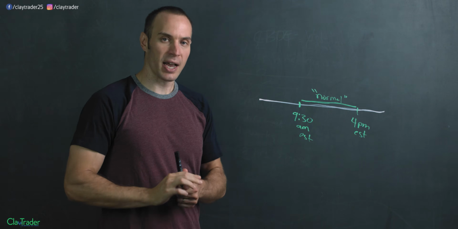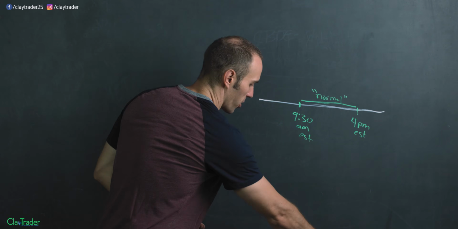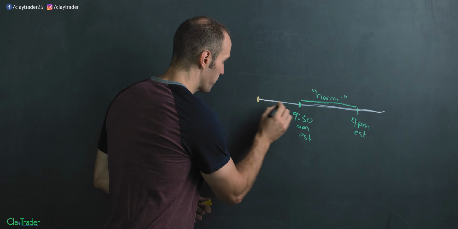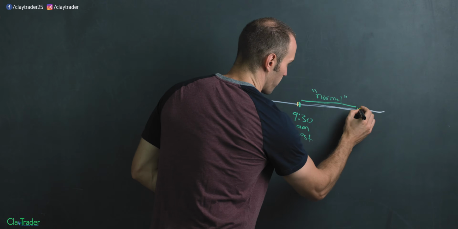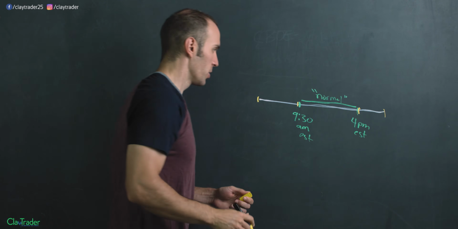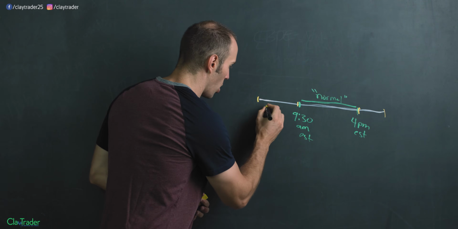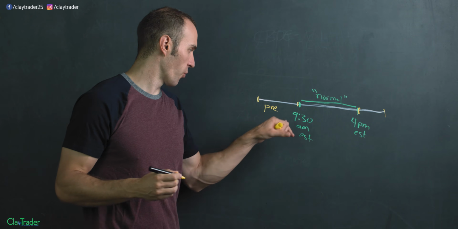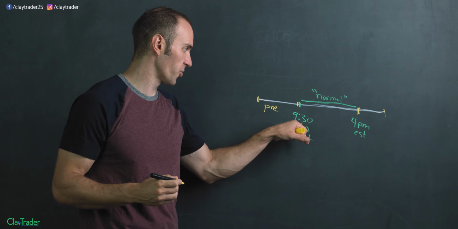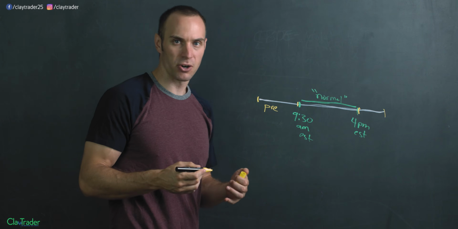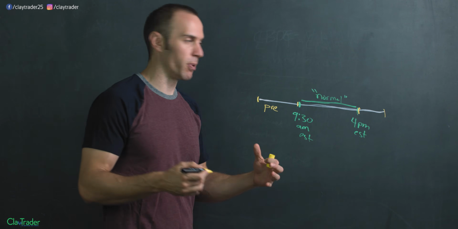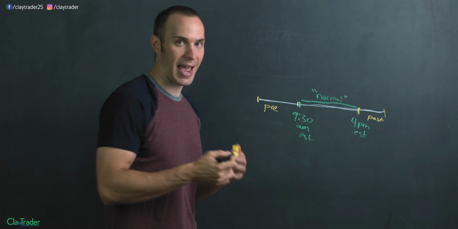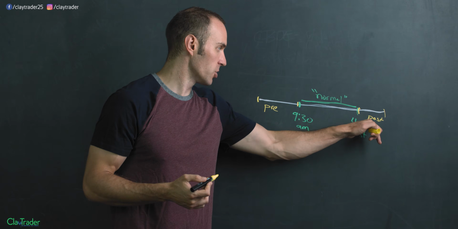But that's not really the entire story, because the other part that needs to be kept in mind is what's happening from here to there, and then from here to there. So in trading jargon, this is what we would call pre-market, meaning it's before the market actually opens at 9:30. And then here, there are many terms out there, after hours, post-market, but I'm just going to call it post-market, post meaning after. The market has closed and you have this period.